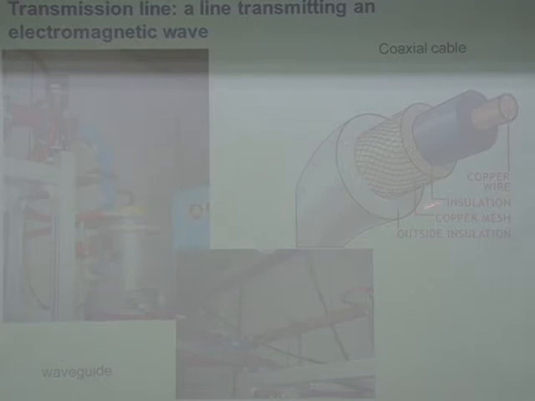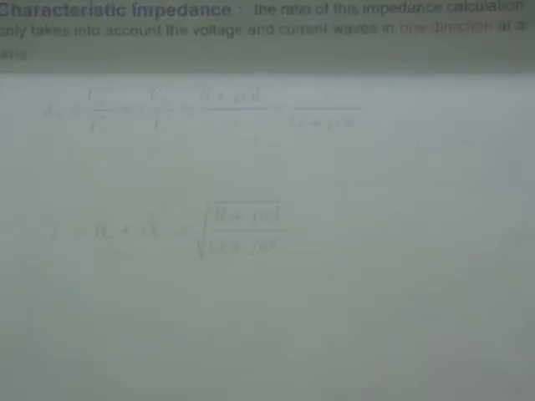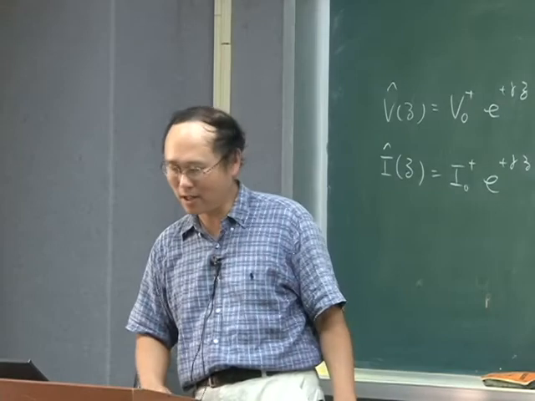So I don't want to just throw you a lot of variables, but I want to bring you to this picture to tell you that in fact R, L, G, C are related to the physical structure of the transmission line. As long as you know the physical structure of the transmission line, R, L, G, C can be calculated. 有没有问题？没问题，那很清楚。